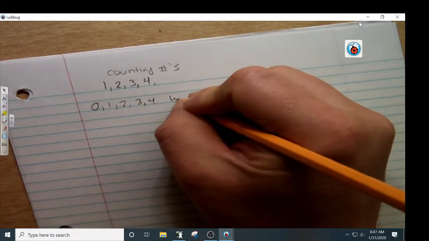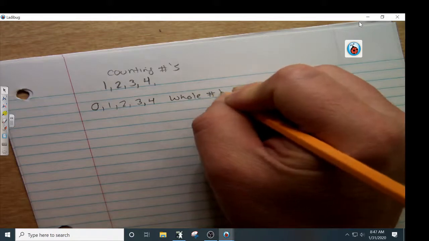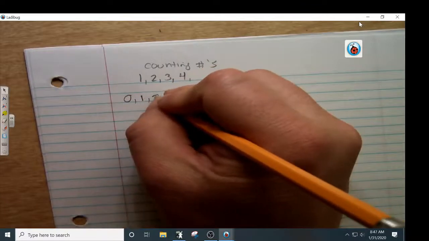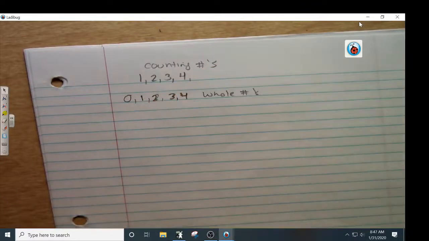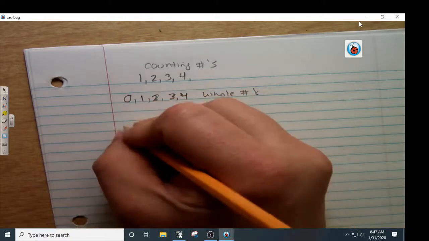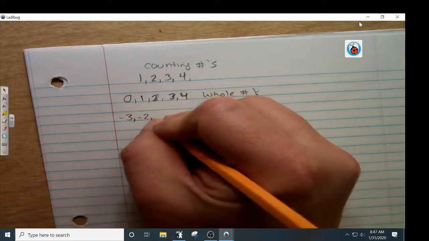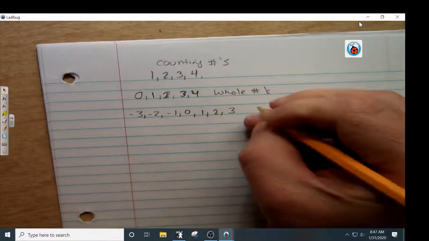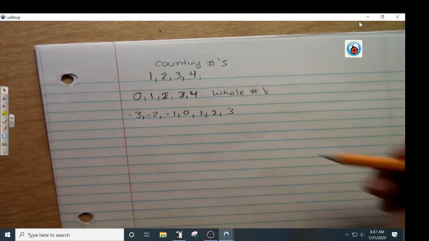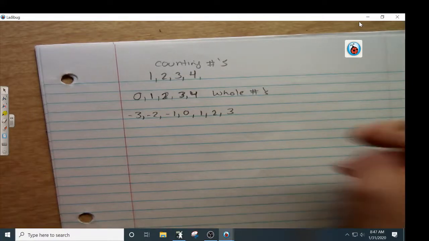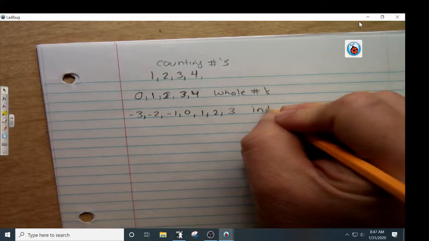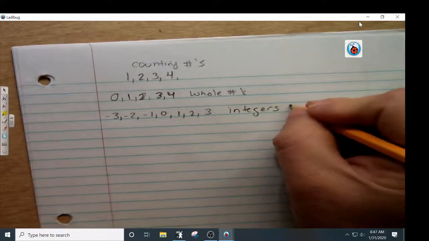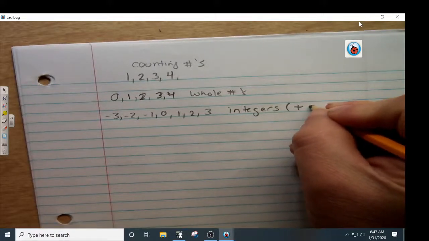They call those whole numbers. Okay. Well, then as they got further into math, they started noticing they had negative numbers, such as -3, -2, -1, 0, 1, 2, 3. Well, they said, what are we going to do about the negative numbers since we're starting to get those? Say we're going to call these guys integers. Now, an integer can be a positive or negative number,